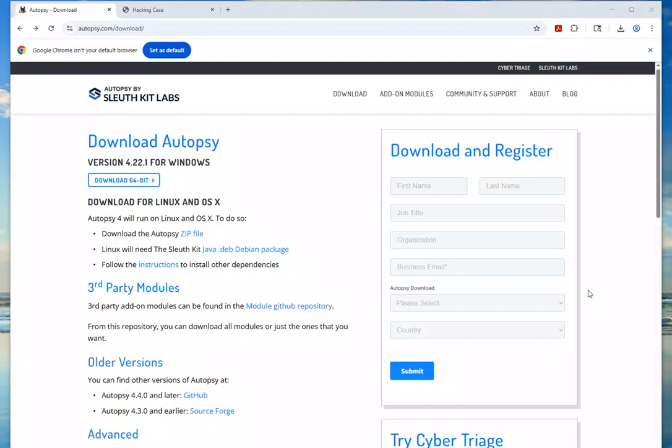Hello everyone, in this video I will demonstrate the installation and the use of Autopsy for forensic analysis on Windows. Here we are at the download webpage of autopsy.com, and for today's demonstration we will use an older version of Autopsy instead of the latest one,